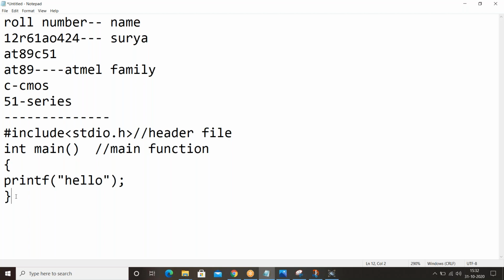So these are the steps to write a program code in normal C language, and how to write a code in embedded C. The same steps are repeated: there is a header file, and there is a hardware declaration part. I'll show you.